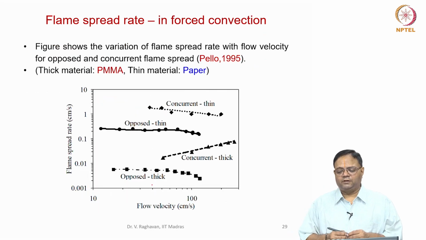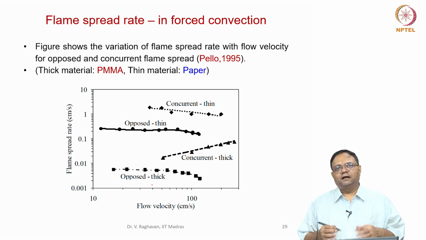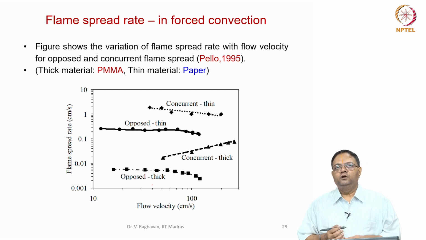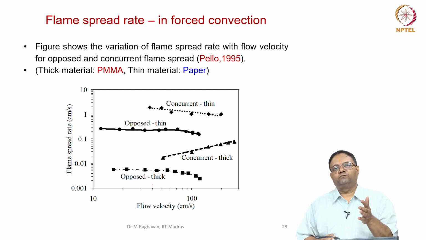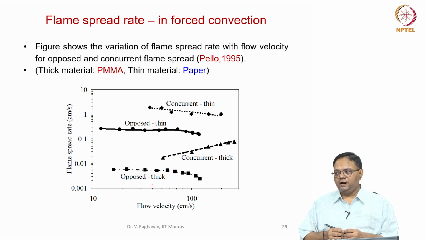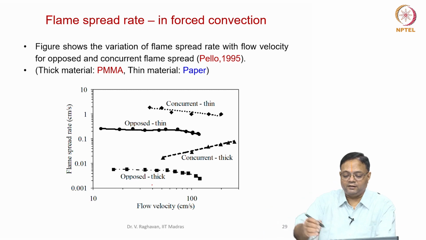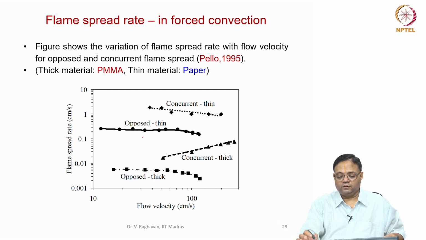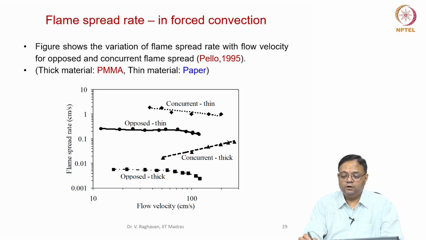These are the complexities. So that means we can get some expression for a given configuration, but a generalized configuration cannot be got. For the opposed flow, what will be the configuration? Basically, we can easily give the value because it is a steady state flame spread. So keeping that in mind, people have come up with some expressions. Okay, let us say in forced convection,